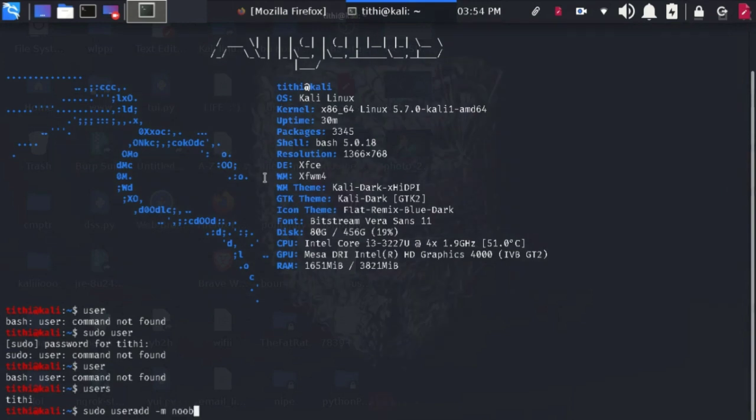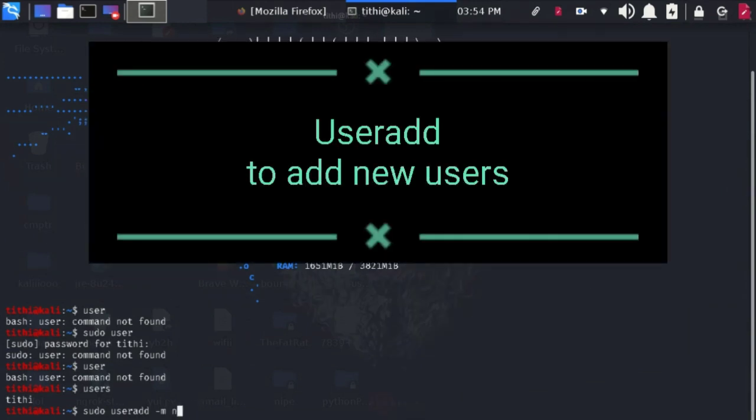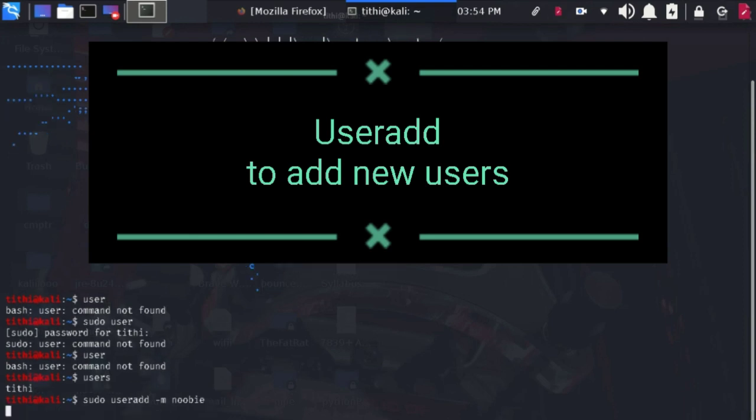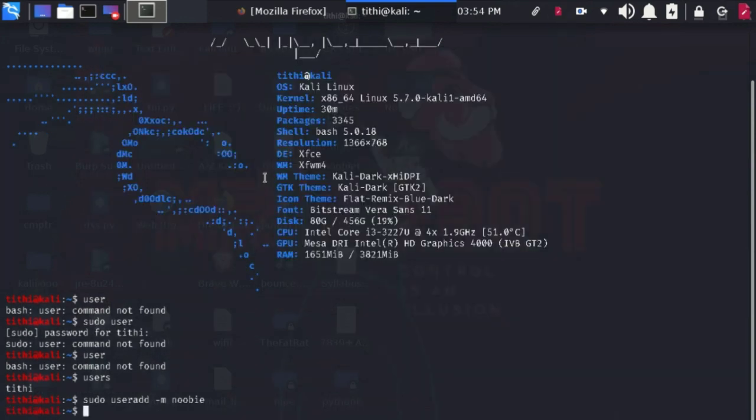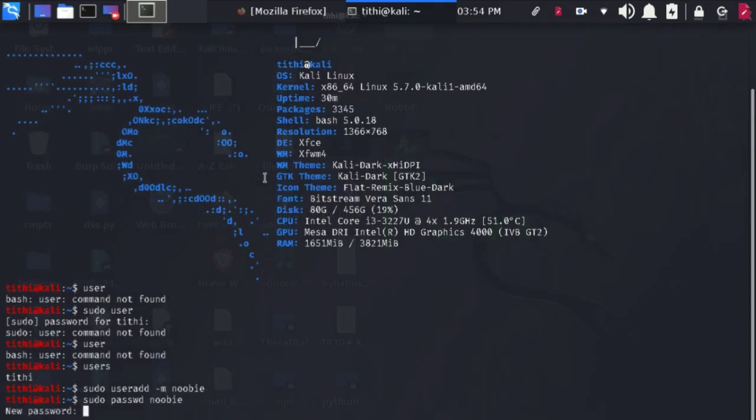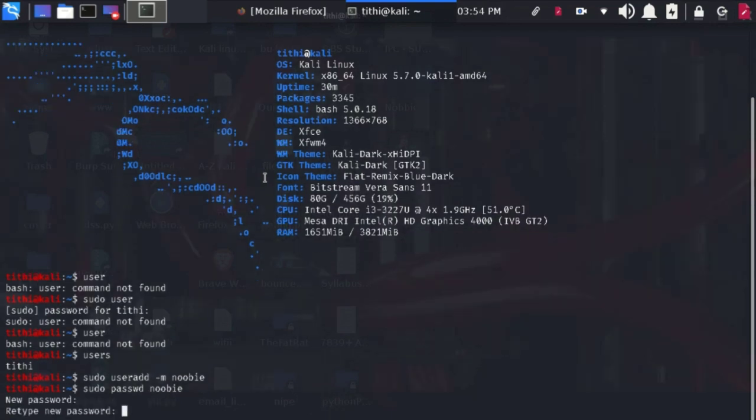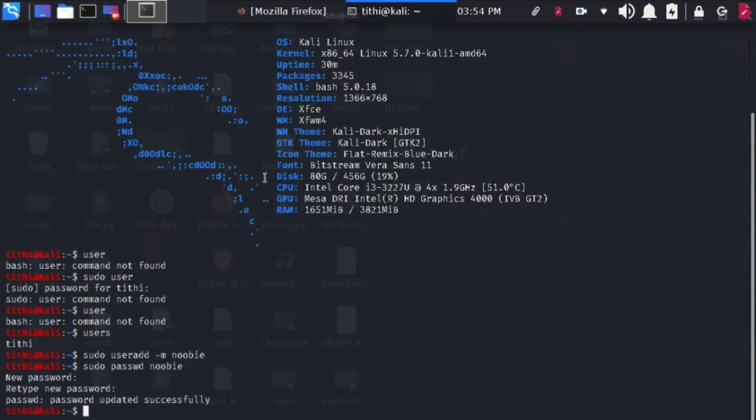Next thing here is, if you need to add some other user, you can type this command, sudo useradd -m and whatever name you want to give, and after that you need to give the password and your user will be set up. You can come online with the username and the password, and it will give you a whole different window that you can give access to somebody else in your company, or whoever it is. People do that so that the main account is not accessed by someone else.